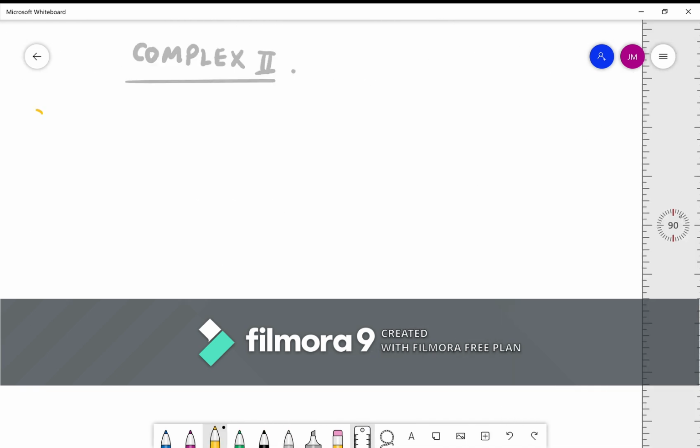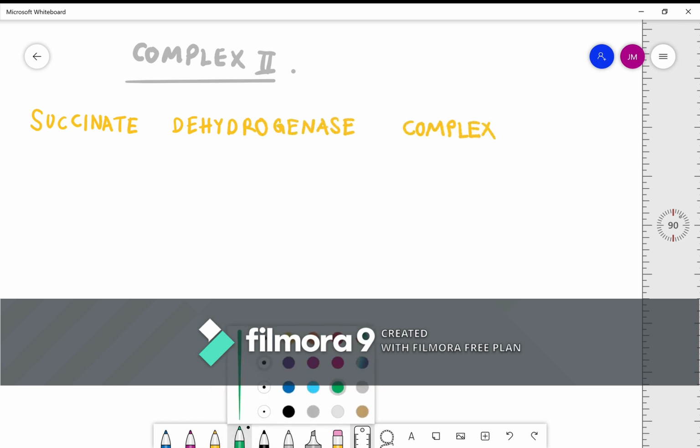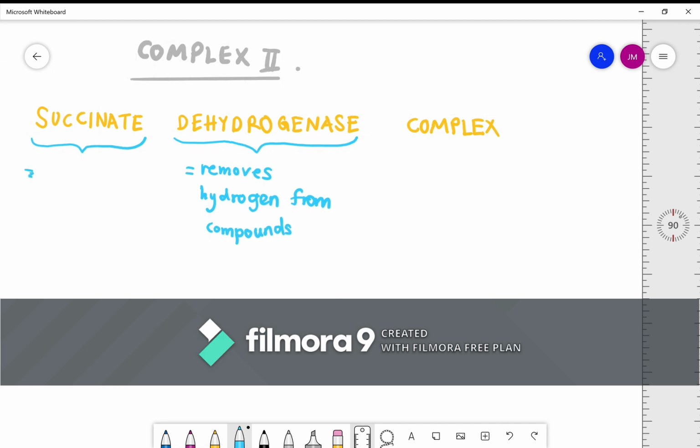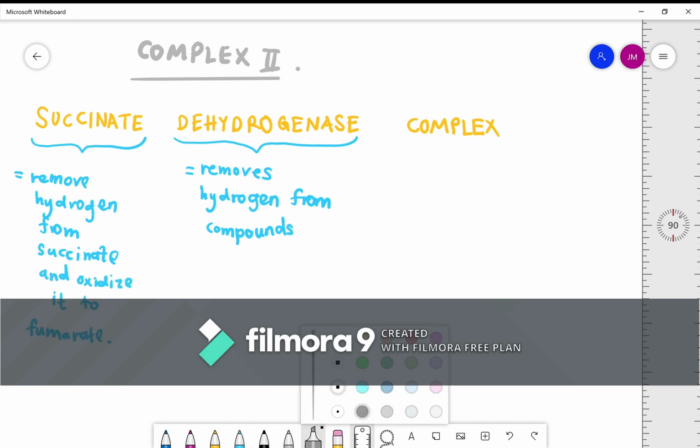Complex 2 is also called the succinate dehydrogenase complex. It is called a dehydrogenase because it removes hydrogen from compounds. In this case of succinate, it removes hydrogen from succinate and oxidizes it into fumarate, which is a step of the Krebs cycle. Similarly, it is also called a complex because it also contains